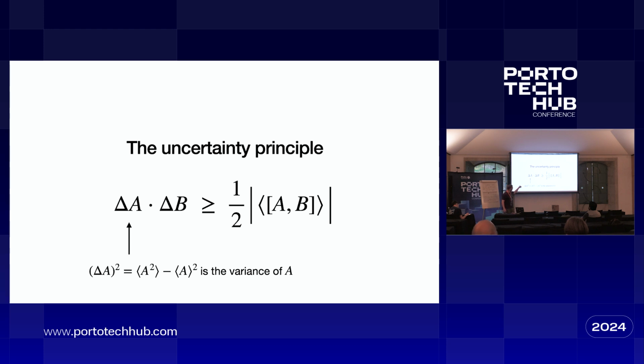If the commutator does not vanish, then we can't know them both perfectly. Over here, we have a non-vanishing commutator. We can't know the spin in X and the spin in Y simultaneously. Spin in Z and spin in Y, spin in X, simultaneously.